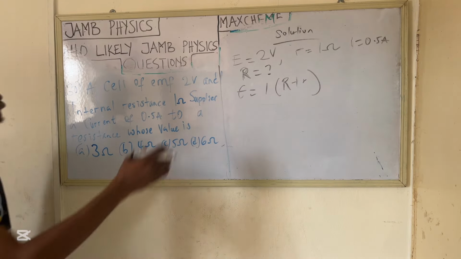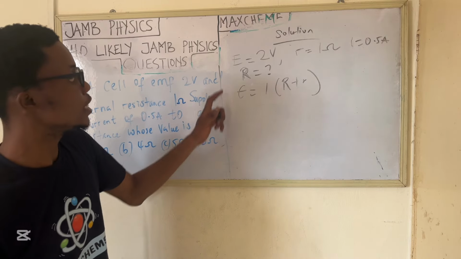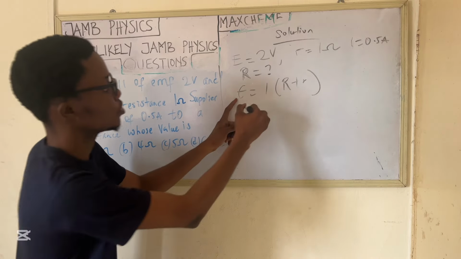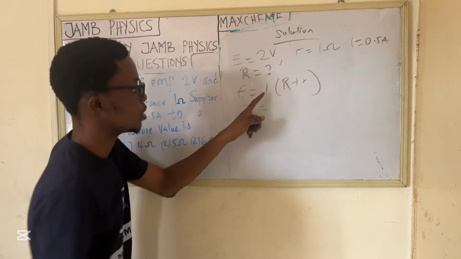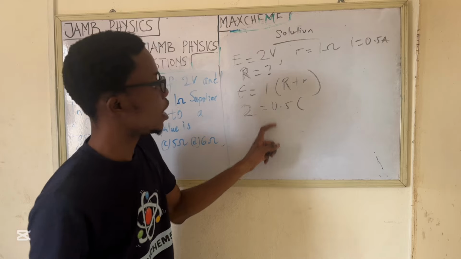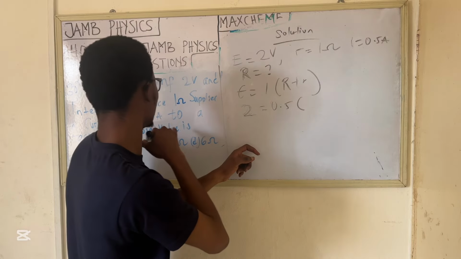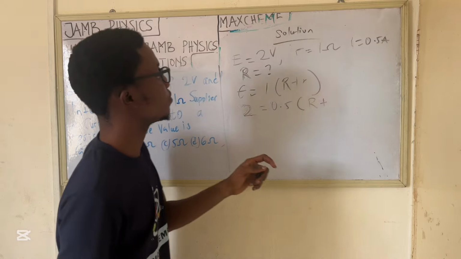So we just have to substitute our values into this formula. So we have E is 2, which is the EMF, and our I is 0.5. Our big R, we're not given. That's the total resistance we actually look for. R plus. Now we now have our